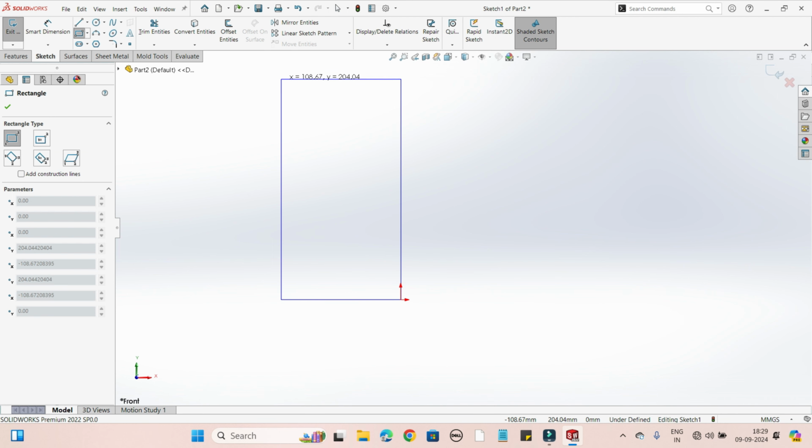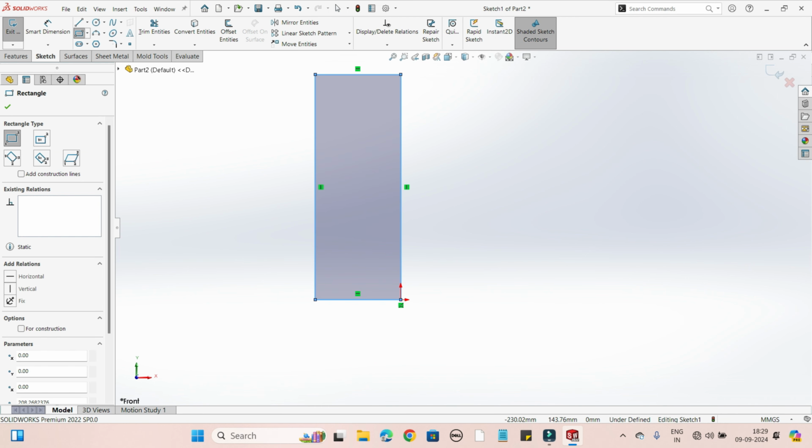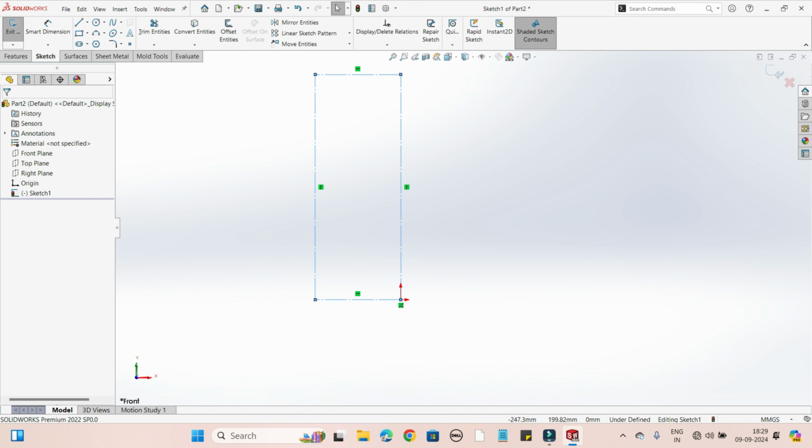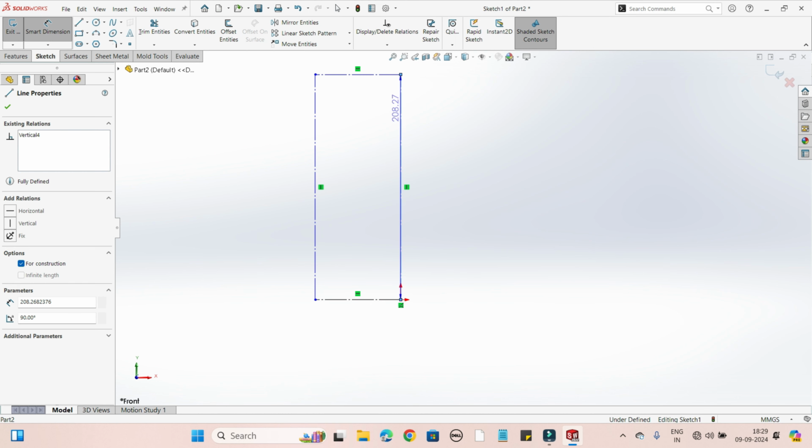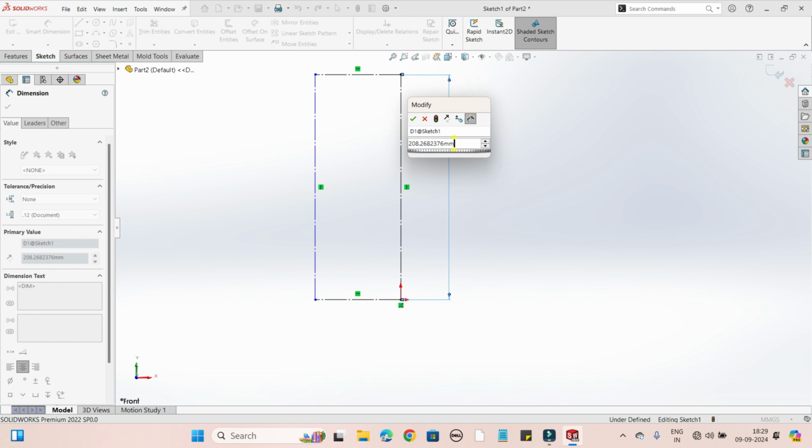So after choosing the plane of my choice, first I am drawing a corner rectangle from the origin, and then I am providing the value. Then I'll make it construction because this rectangle will be the reference for my next sketch. And on the basis of this rectangle we will draw the 2D sketch, and here whatever arc I'll be drawing,